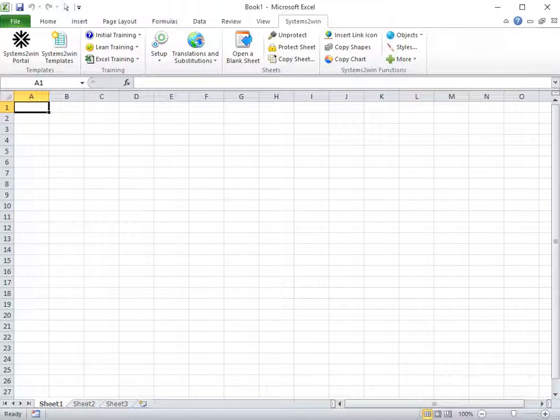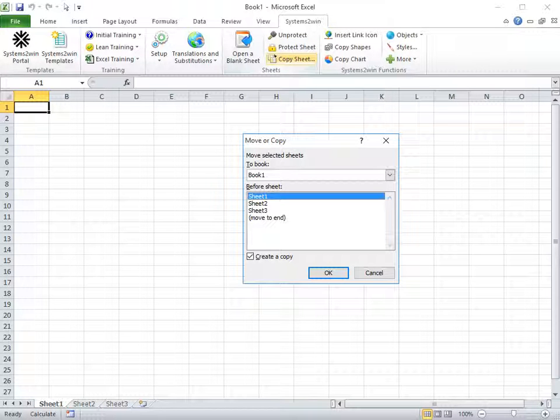And while we're here, let's look at some of these special functions on the Systems to Win menu that extend the standard capabilities of Excel. For instance, this Protect Sheet function will protect the worksheet with the correct settings. And you always want to use this special Copy Sheet function when copying your as-is to serve as a starting point for your to-be version, because it overcomes known bugs in Microsoft Excel.